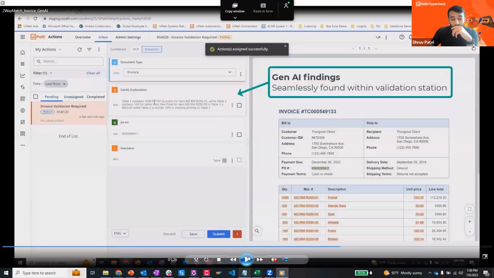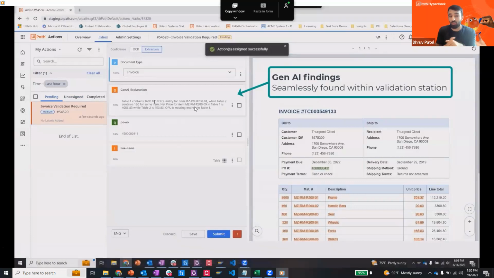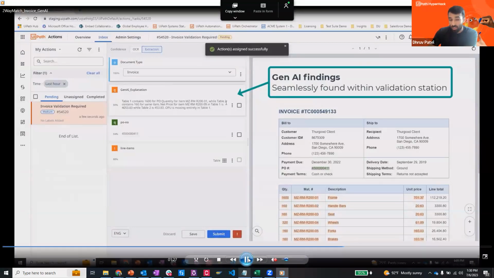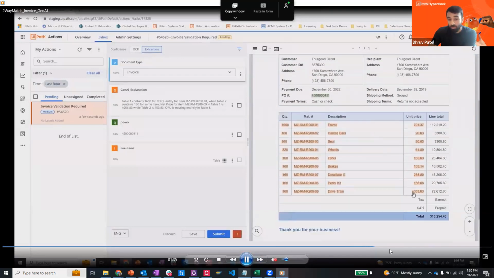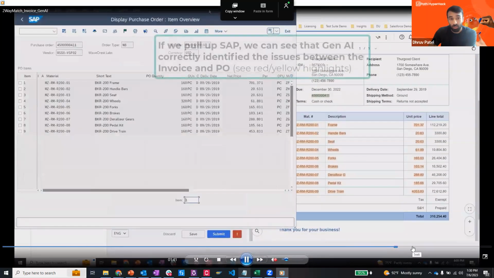And so I'll take a quick pause here. You can see that generative AI mentioned, right, that it wasn't matching, but what it also did was give us an explanation, right? So I had asked it to explain, and we were able to then put that into Validation Station so that whoever's reviewing it from a human in the loop standpoint can easily understand, hey, why did generative AI say the invoice data wasn't matching that purchase order data. It's a really seamless way to handle that human in the loop scenario when you're working with generative AI and having generative AI handle some of that complex logic of comparing the data from your invoice to your purchase order.